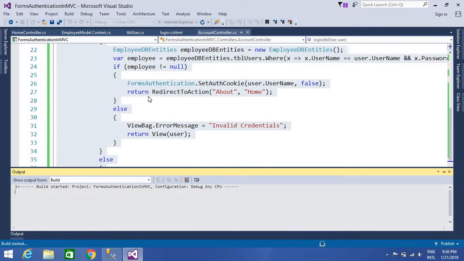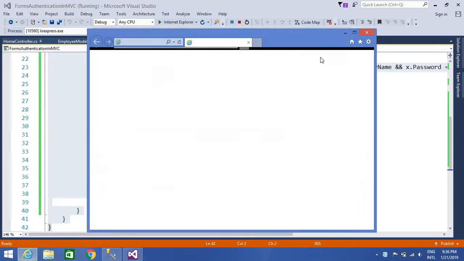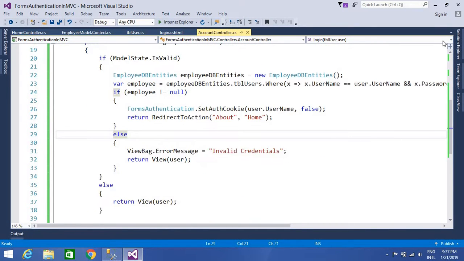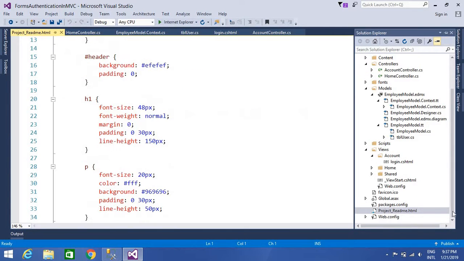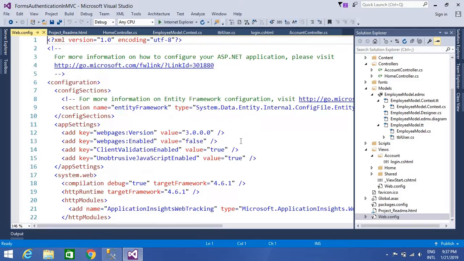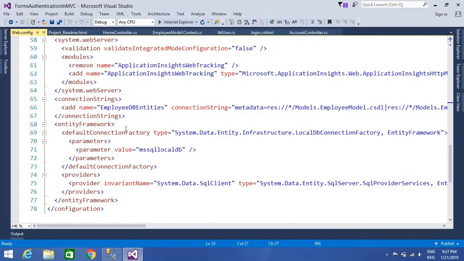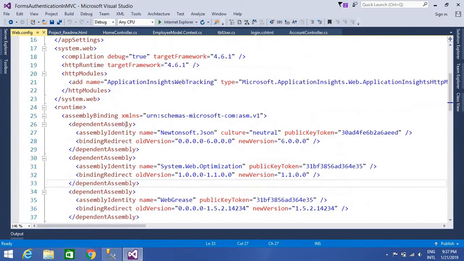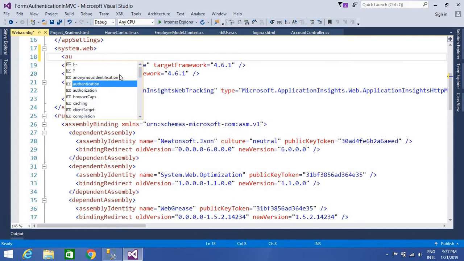Okay, so let's save it and run this application. But before that, we have to configure our application. Stop it. In web.config, we have to say what kind of authentication we are using. Go to web.config, come to your system.web. Here you have to configure it. So, authentication,